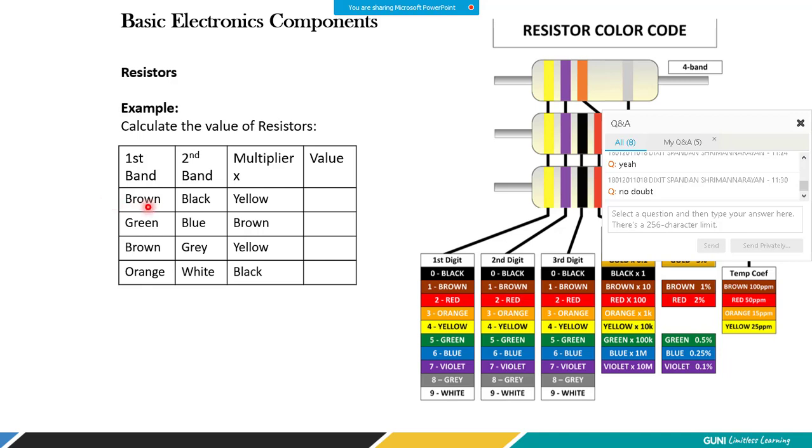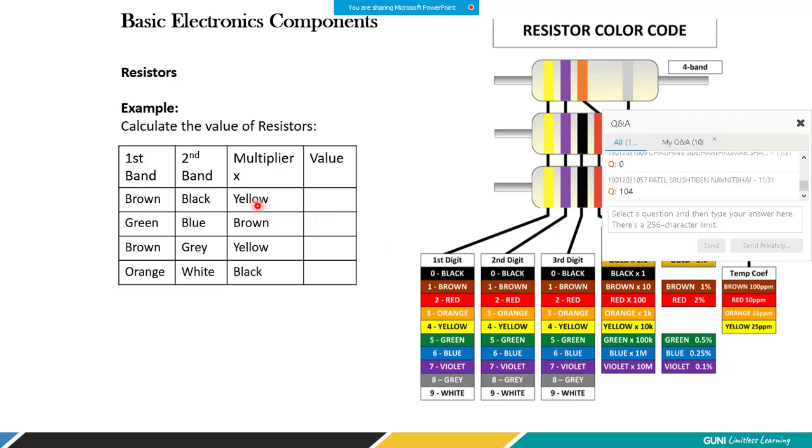See, this is the first resistor that I have to calculate the resistance of. So the first color is brown, so I have to pick the 1 from here. Second band is the black. So what number do I have to pick here? And what do I need to write after 1? Yes, good. Two students have replied. So it's going to be 1 0. Very good. 1 0. So it's going to be 10.